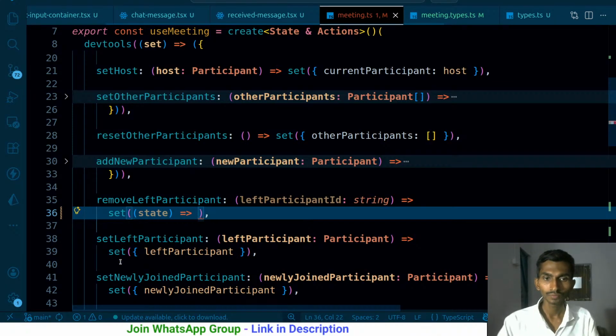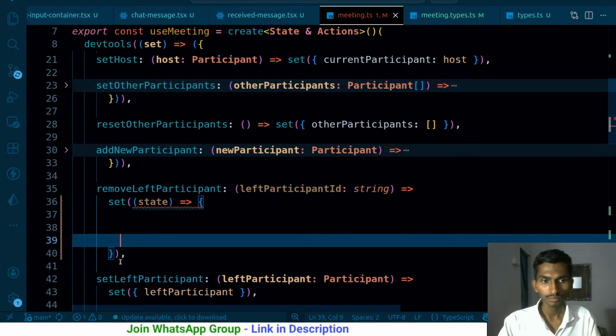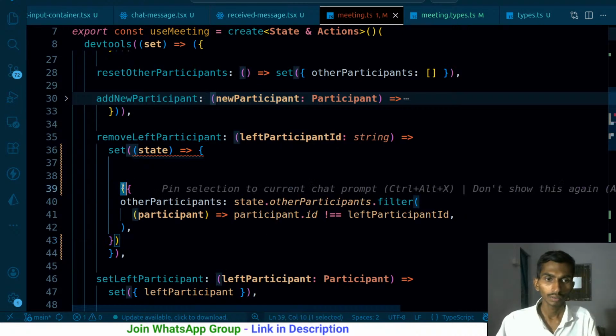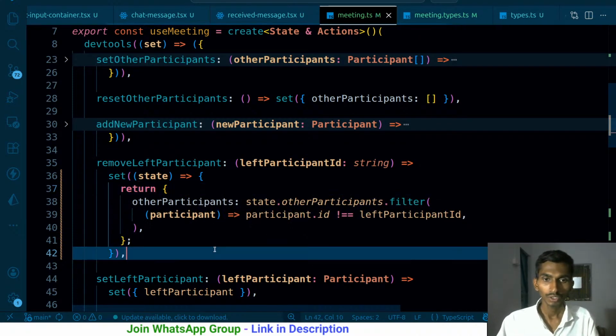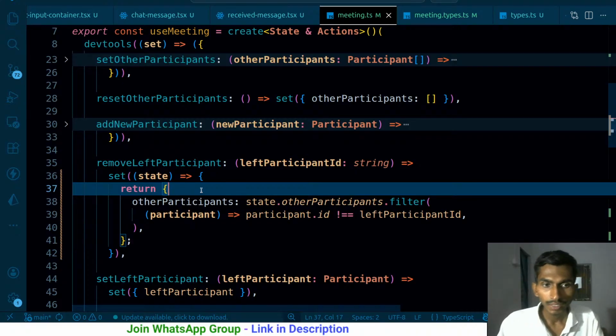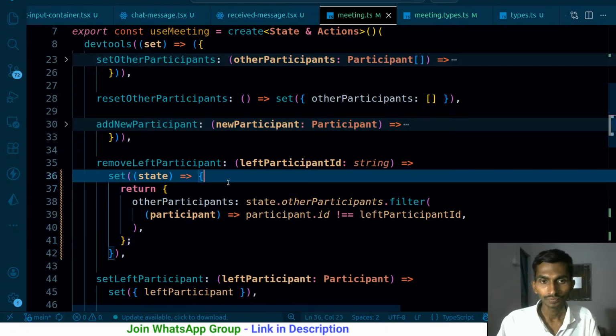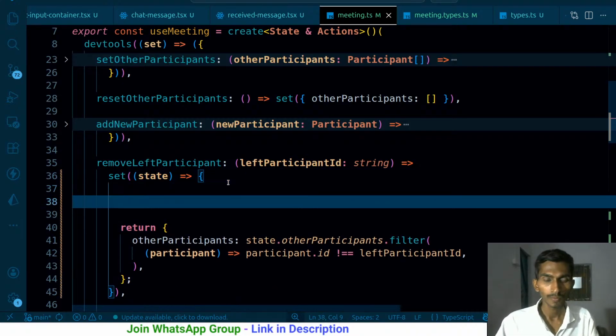Cut it from here. I will definitely return it from here, that's fine, no problem with that as such. So it is getting returned. The other thing is that before even returning, state dot,